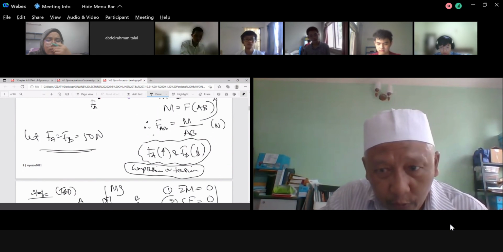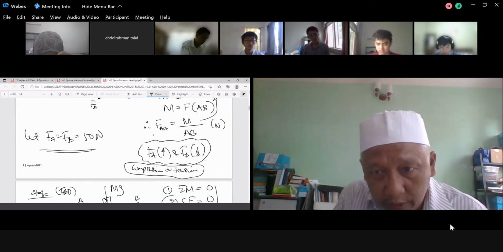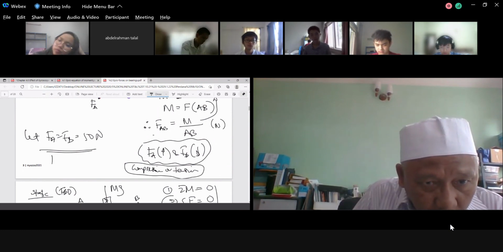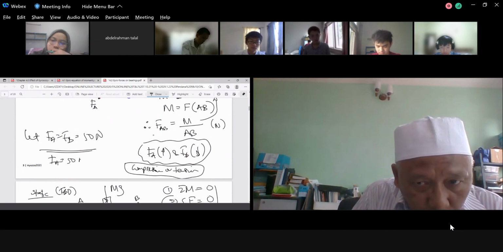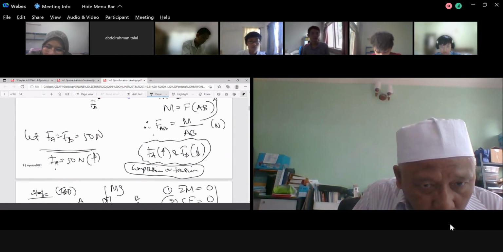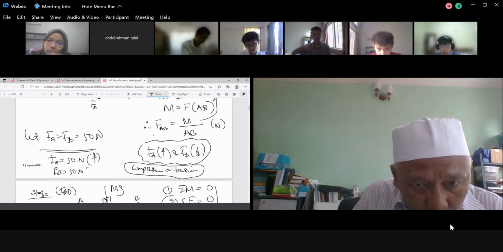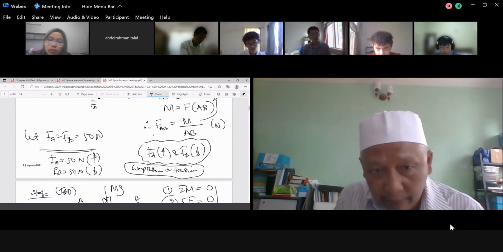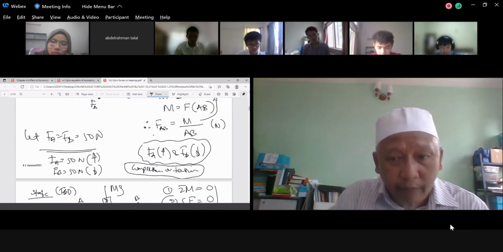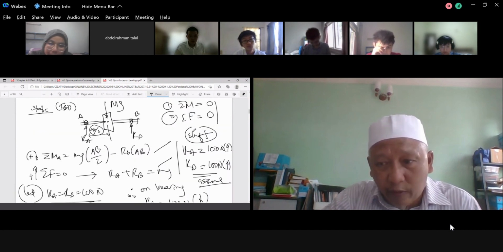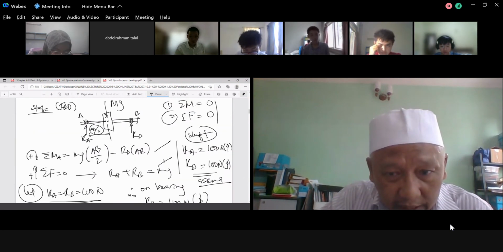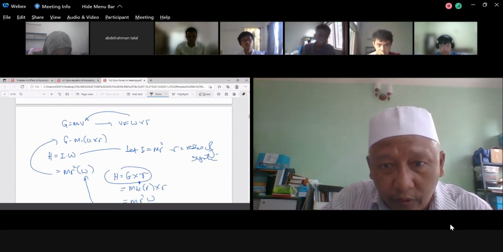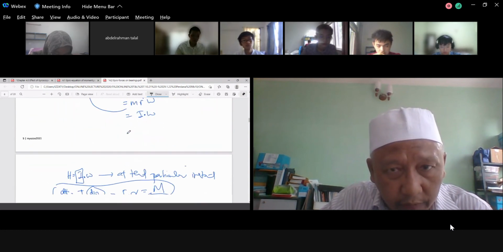So now you have this one. Look at the FA pointing upward, FB pointing downward. So you will have FA equal to 50 Newton pointing upwards. You have FB equal to 50 Newton pointing downward. The number is not important. What I'm trying to say, this one is important, because I am going to look for the resultant. Now is this time to look for this one.